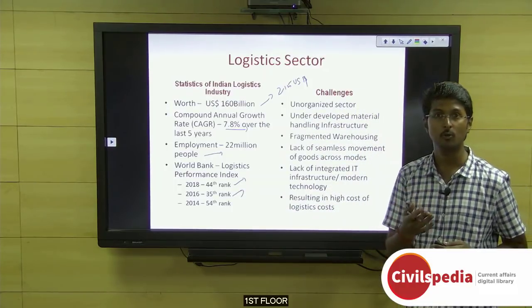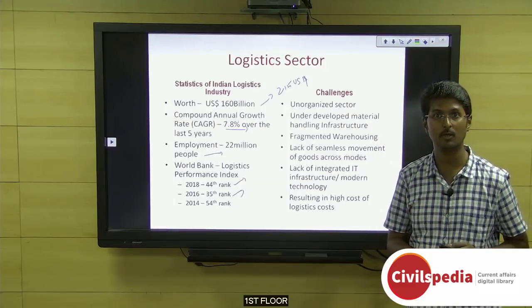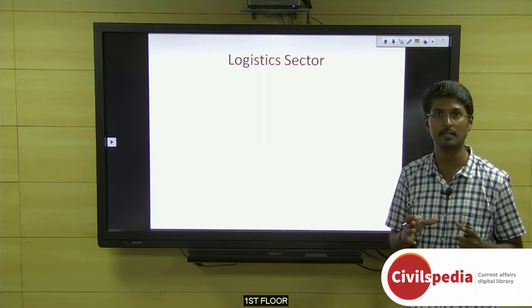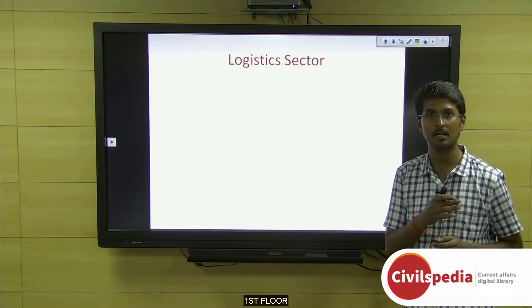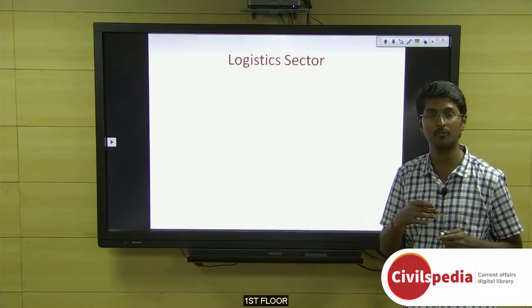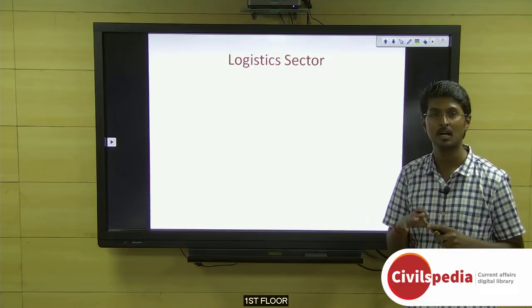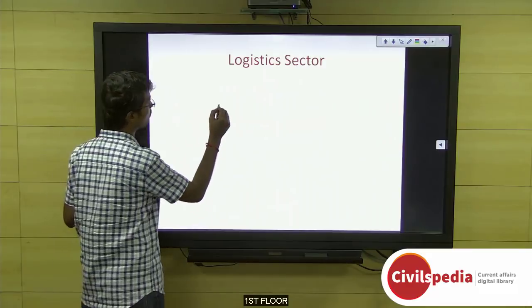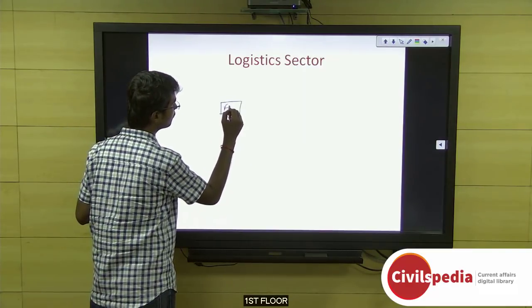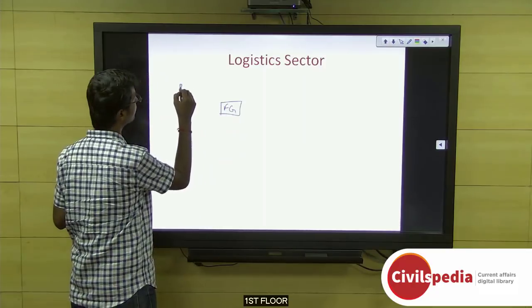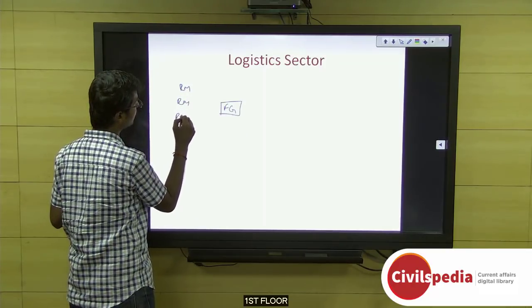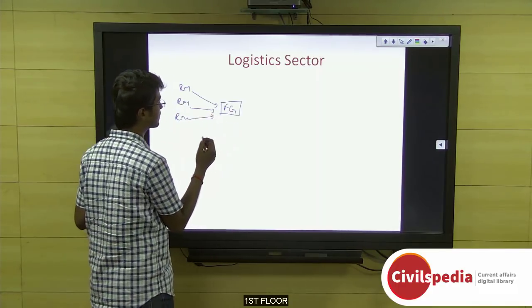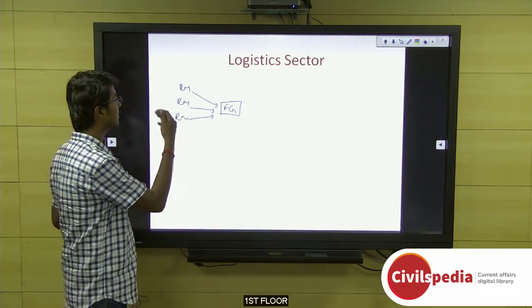So we need to know what are the challenges faced by the logistics sector. So I intend to illustrate the logistics sector. In one of my previous classes under Operation Greens, I was explaining the supply chain of fruits and vegetables. The supply chain is more or less the same for all products. So let me start explaining it. In order to produce a final product, I'll just put it as final good, you need raw materials. And these raw materials can be of different types, and need to be sourced from different sources.